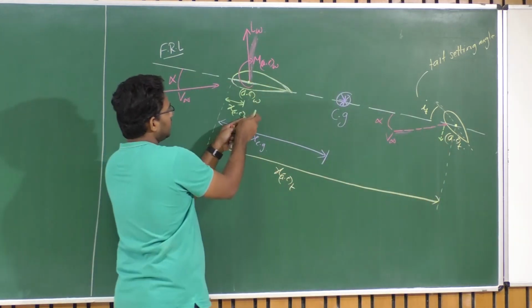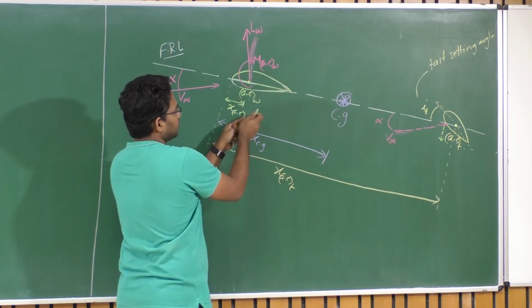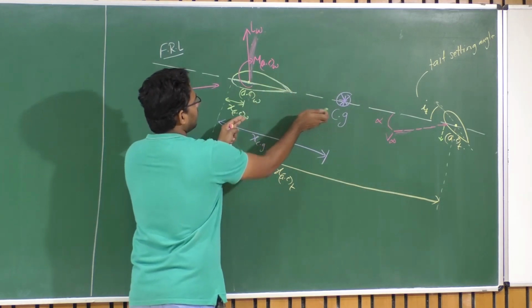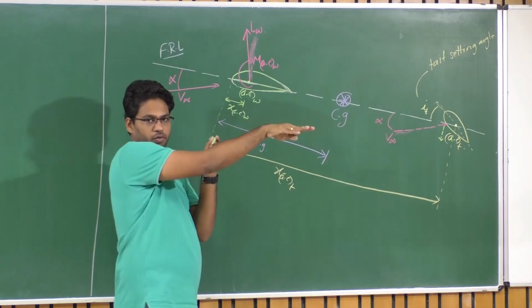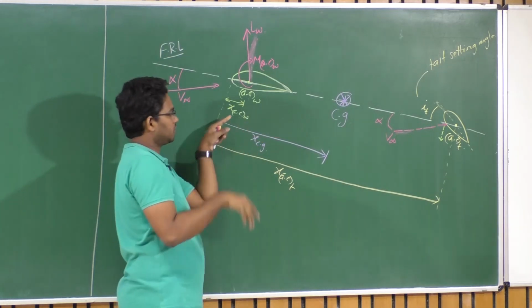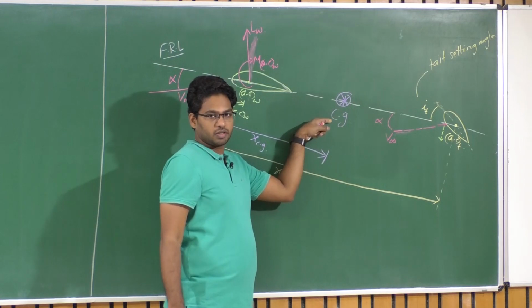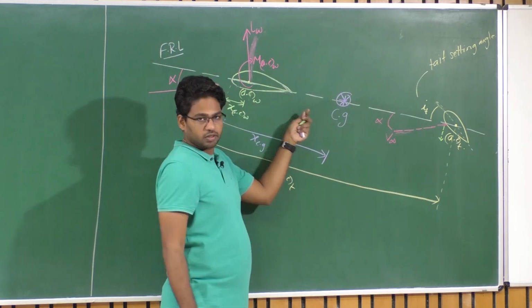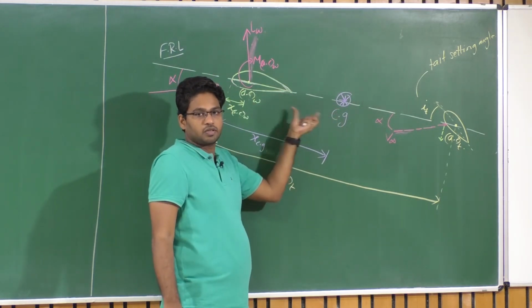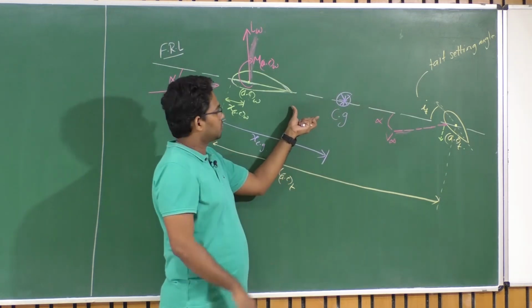It is heavy near the wing, in the vicinity of the wing. As we go behind, because there is a forward component of the velocity, there is a component of velocity in this direction and a downward component, and the component of velocity in the direction of flight is higher.